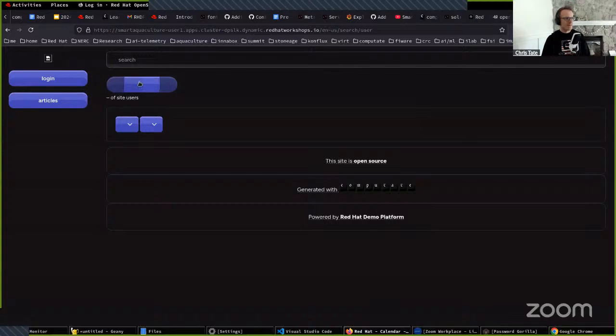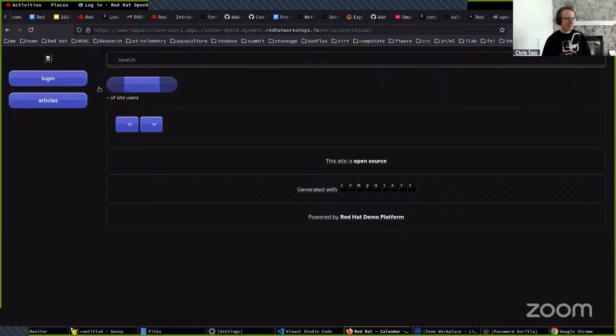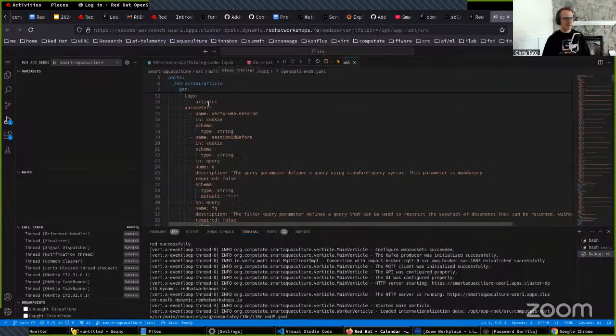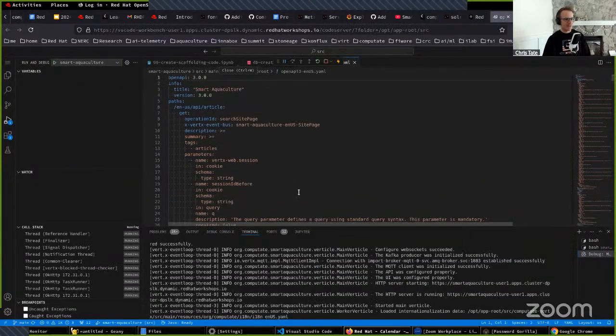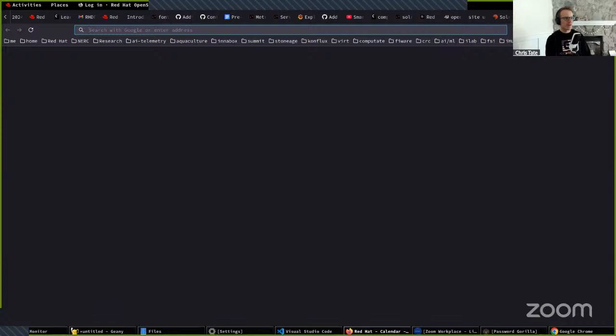The Font Awesome icons are not working, but I'm going to have to fix that too. But we have a running site and we did it all from VS Code in a browser from scratch. So pretty cool. Anyway, for more details, if you want to learn more, go to my website, computate.org, and